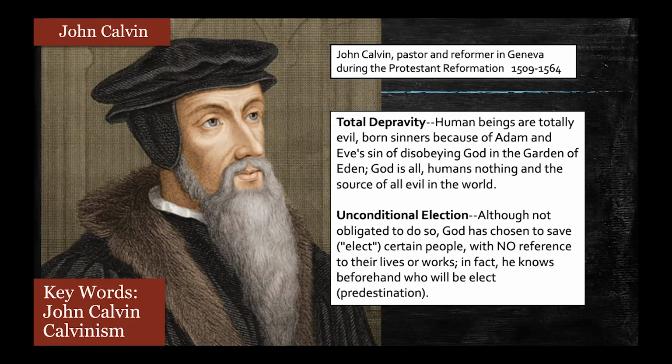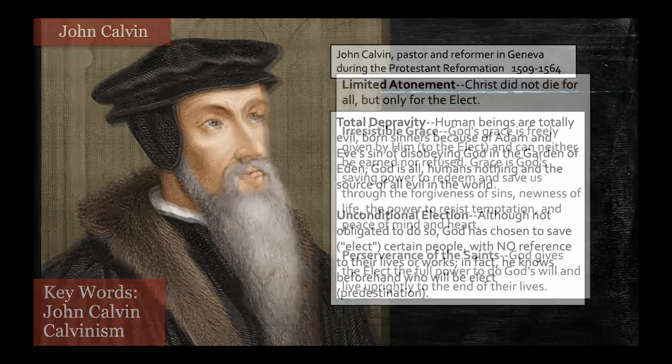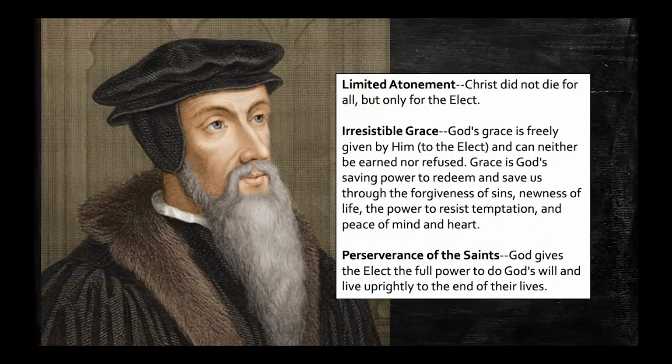And God has not hand-chosen the elect based on anything that they've done or not done. Just because, and this is a mystery, why God has handpicked certain people and not certain people. But this is predestination. You can go crazy with this idea. I'm trying to wrap your mind around it. And I'm sure certain Puritans did. Limited atonement. Christ did not die for everyone, but only for the elect.